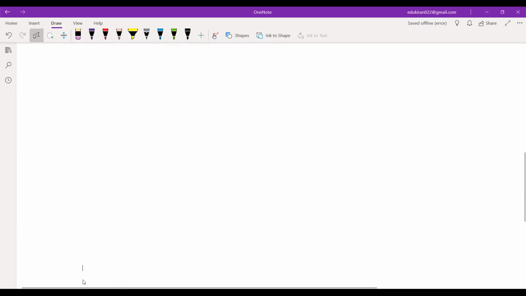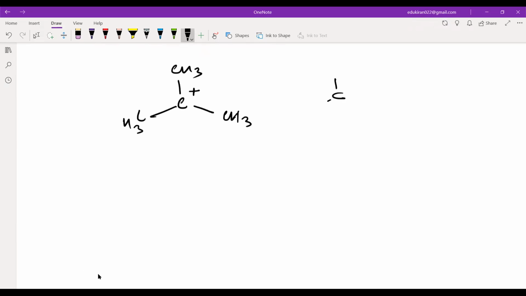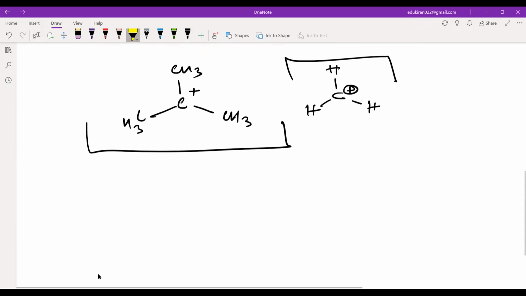In order to stabilize these intermediates, and in order to talk about the stability and how things are different, for example, if I have a carbon positive and it has 3 CH3 groups, and let us suppose I have another carbon atom, it has 3 hydrogen attached to it. How are these two things different? What is different here? So the main idea is that both are carbocation. Yeah, obviously both are carbocation. But what is different between these two carbocation?